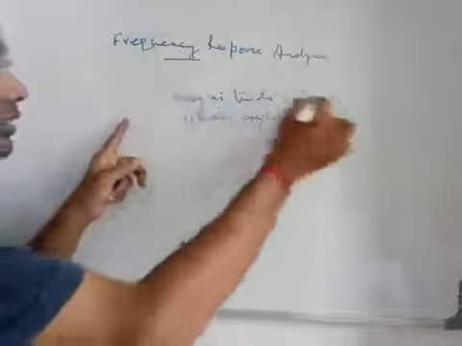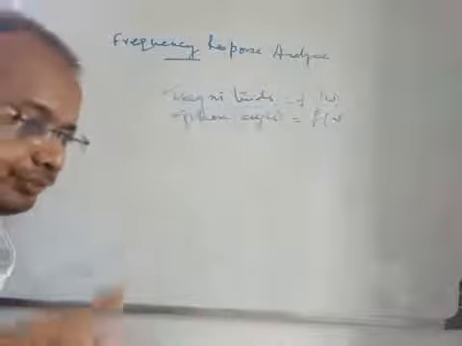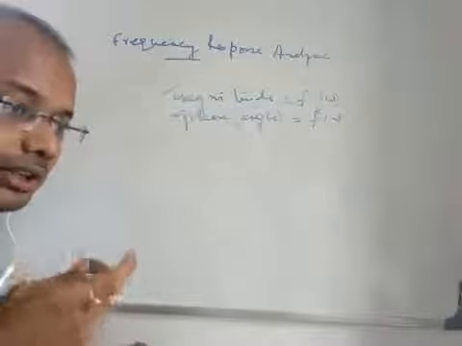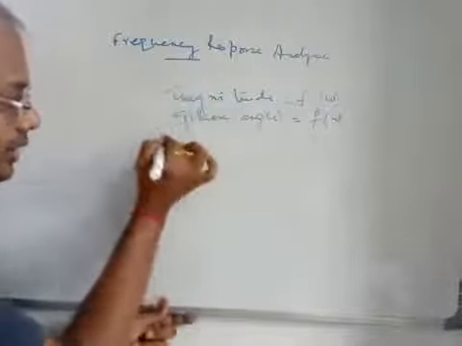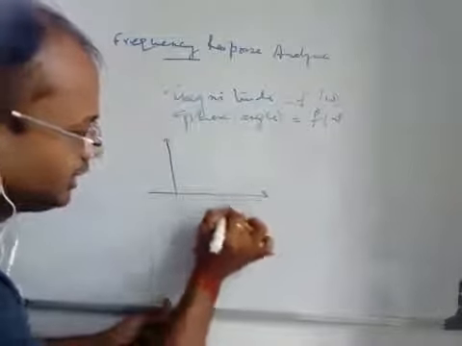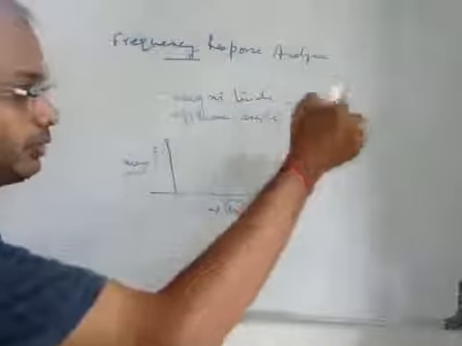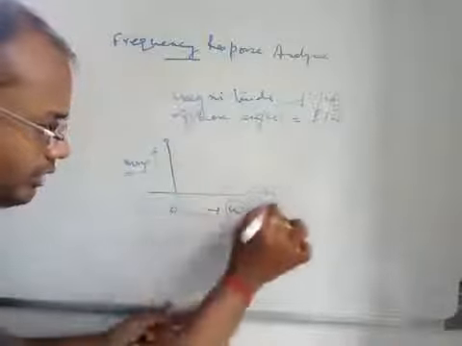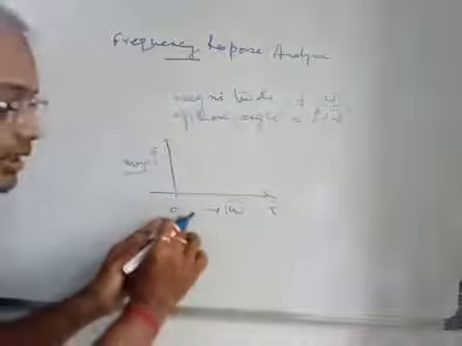So once magnitude is a function of frequency and phase is also a function of frequency, what happens? That means you are going to apply a sinusoidal input with different frequencies. If you want to vary the frequency, the graphical presentation is like this. This is your omega, that means frequency, and this is your magnitude. Once you vary the frequency, for example on the positive part, this is the complete range of frequency, starting from 0 to infinity,